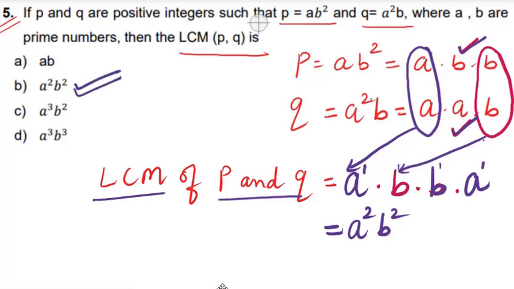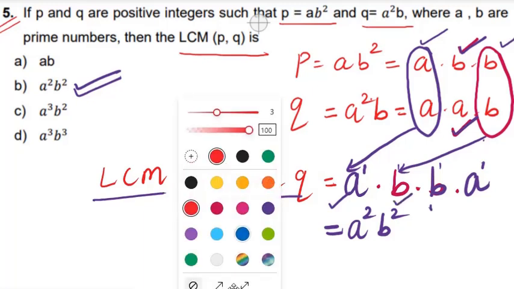LCM लेते समय आपको ध्यान रखना है कि आप जो भी नंबर है उसके फैक्टर्स करेंगे, प्राइम फैक्टर्स करेंगे, या जितने भी आप मिनिमम फैक्टर्स कर सकते हैं लीस्ट फॉर्म में उसको करेंगे. उसके बाद जो कॉमन है उसे वन टाइम लेना है. जैसे कि हमने A इस वाले कॉमन में A लिया, यहाँ पर B, तो हमने यहाँ पर ये वाला B कॉमन लिया यहाँ से. उसके बाद जो कॉमन नहीं है,